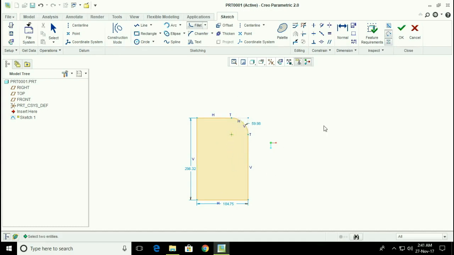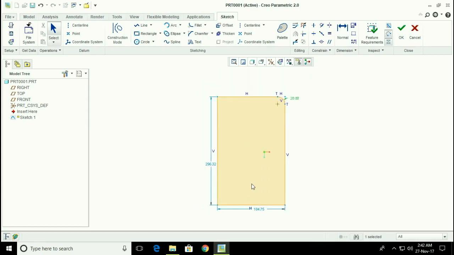You can always middle click twice and click on this for entering the dimensions. There's 59, so we'll give about 20. Yeah, that's 20. You can click on it and